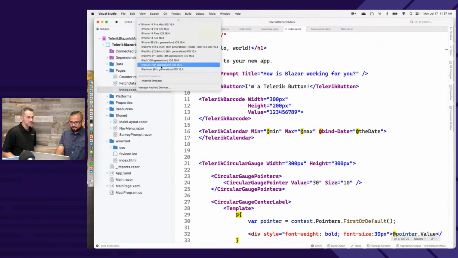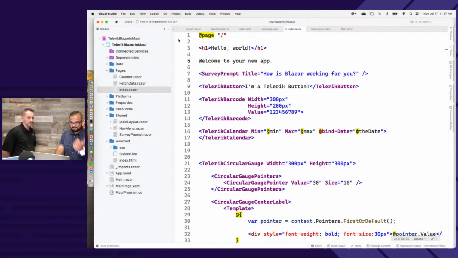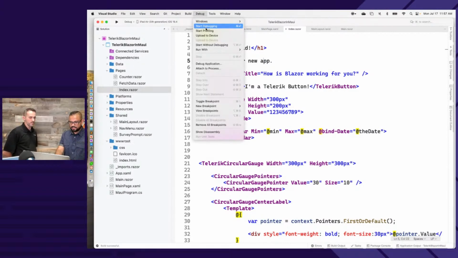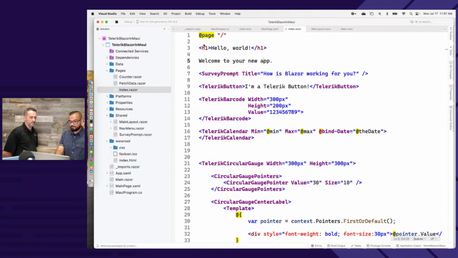Okay, let me see. I don't know if this is a .NET 6 or 7 project. Let me see where things are at. I'm going to try to do this on an iOS simulator and see if I run into any issues or if I can muck with HTML or CSS or JavaScript in any other way. So it's doing a build right now, and I haven't done an iPad Air type build in a while, so it's going to spin for a second to get the build going.